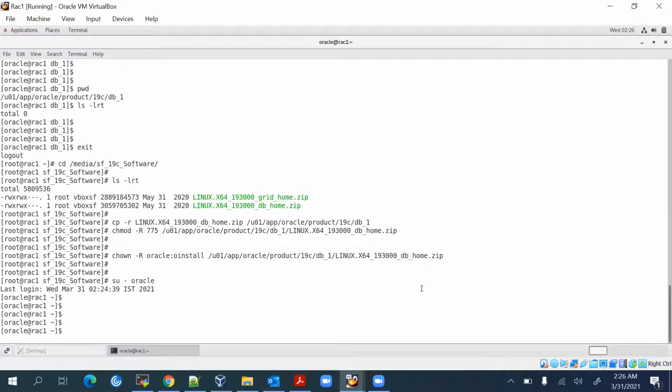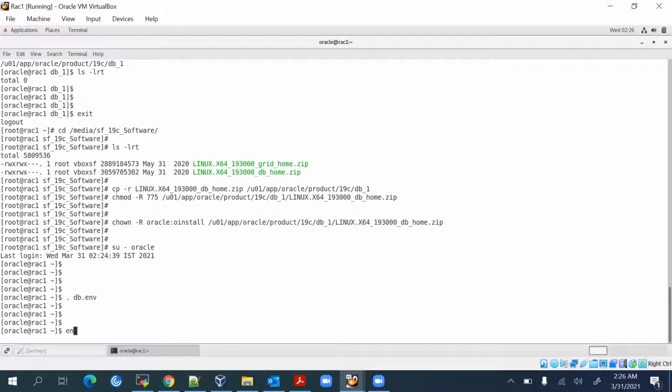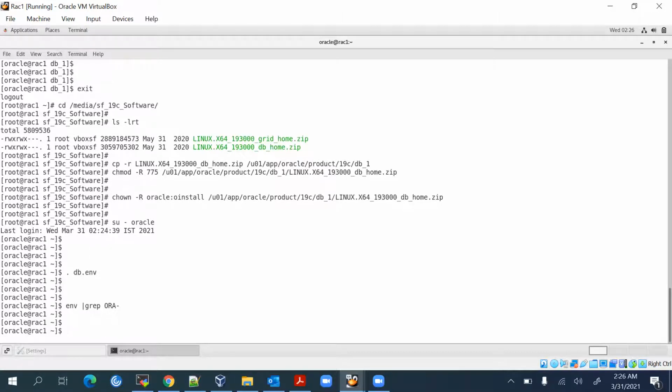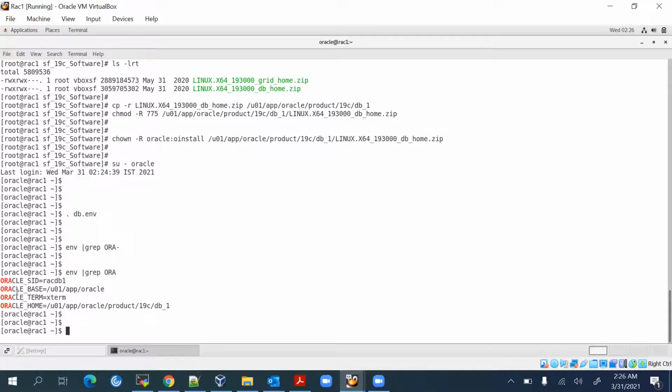Yeah, so we are logged in with the Oracle user and I'm extracting the DB environment. Using the env command, you can cross verify your environment variables. As you can see, your Oracle base is /u01/app. Your DB home location, the Oracle home location, will be this one. Okay, so we'll go to cd